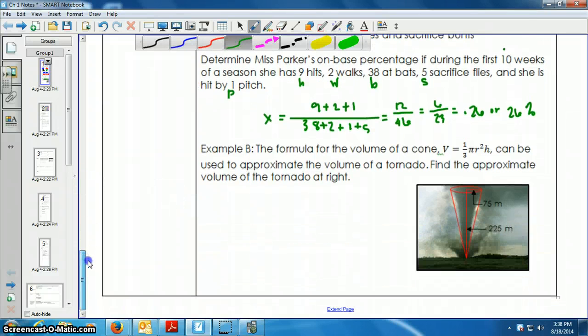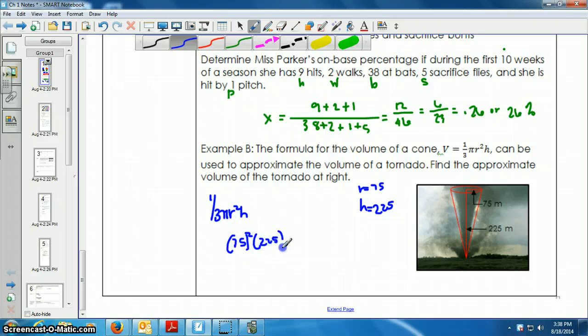for your answer there. All right, last one. We're going to start with our formula. We're going to plug in for our variables. Looks like in our picture the radius halfway up here is 75. So if you want to, you could put R equals 75. H, height, is 225. And then you can plug it in from there if that makes a little more sense. So it's radius squared, height 225, and then just simplify. It's all multiplication after our exponent. So exponent first and then just multiply. So 1/3 pi. There's our 75